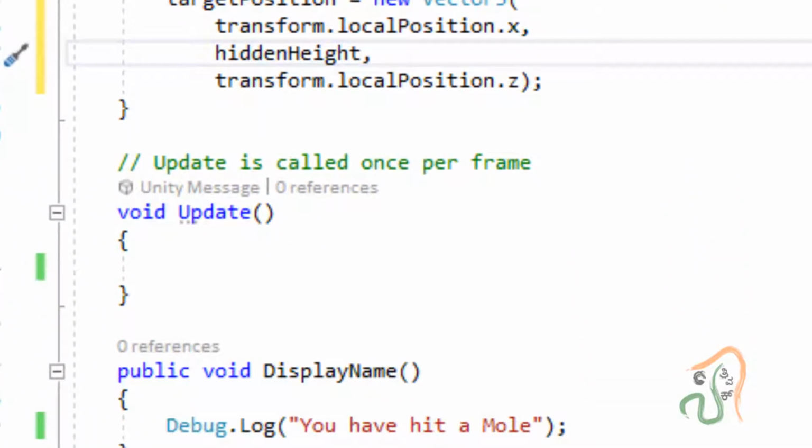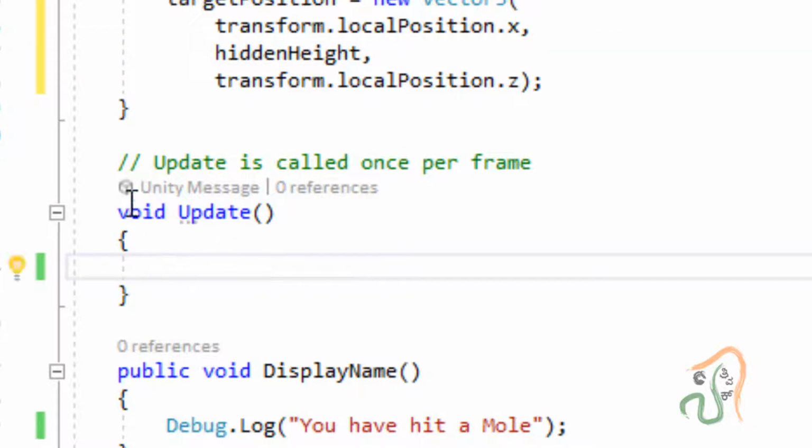Now for the update method, we are going to try a function here. Come to this update method, and we want to create an animation, that is, the mole we are seeing has to move from 0.2 to minus 0.3.